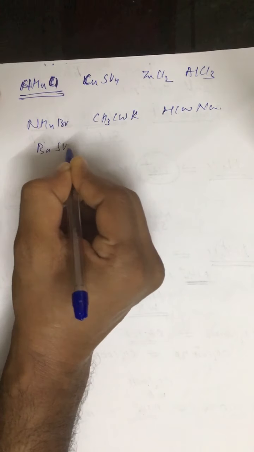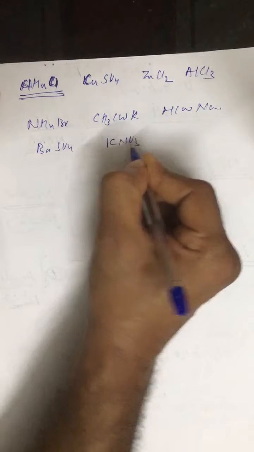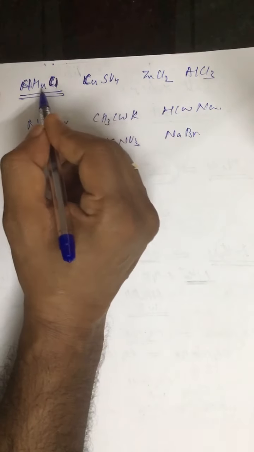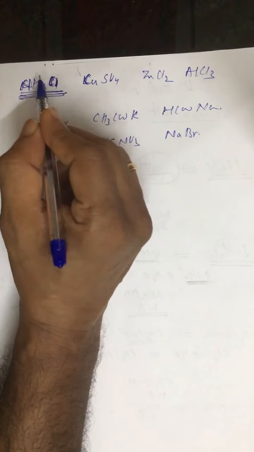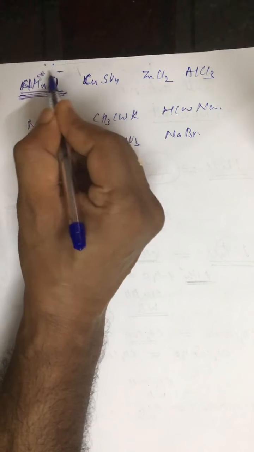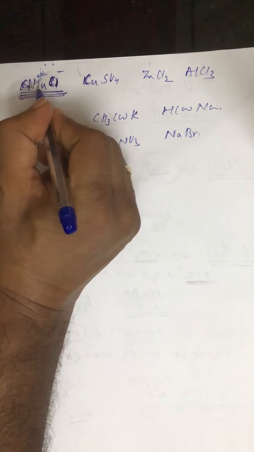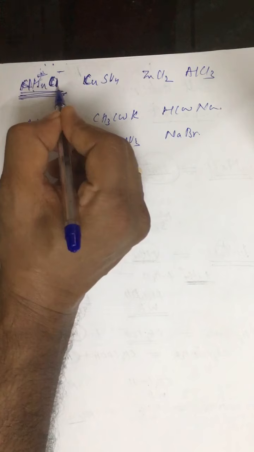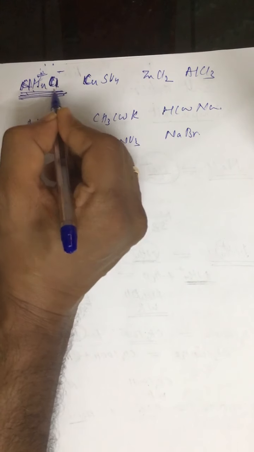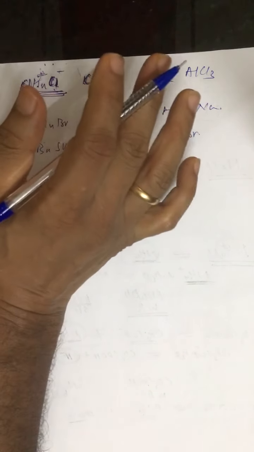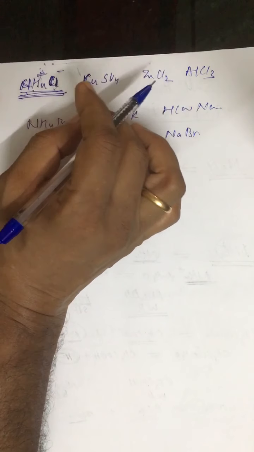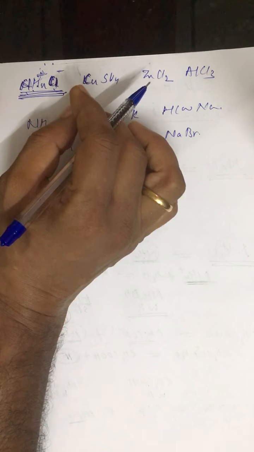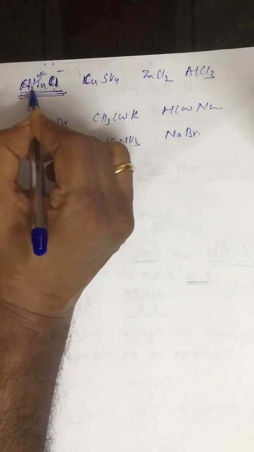Or we have BaSO4 or KNO3 or sodium bromide, like that. So look at the cases. NH4Cl, NH4 positive and Cl negative. Now NH4 positive comes from NH4OH. All right, it is a weak base strong acid salt. Weak base strong acid means acidic. Straight away say acidic. All right, and if it is acidic, what is the reason of acidic nature? It is due to cationic hydrolysis.